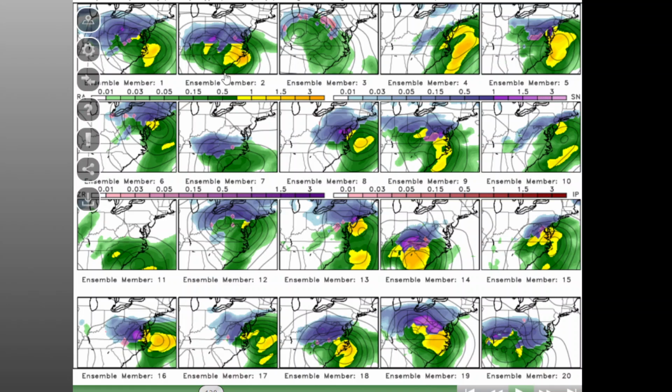We just keep an eye on this for the level of consensus between the ensemble members, and there's multiple different types of ensembles that we look at to get a feel for if the different models all agree with each other, not only the individual members of each ensemble, but the different models, the European, the Canadian, the American, the GFS here, the GEFS. If they all are in consensus with each other, that's a great sign. Right now, they're not. There's some similarity, a lot of overlap, and really the favored areas, if we pull up another map here,